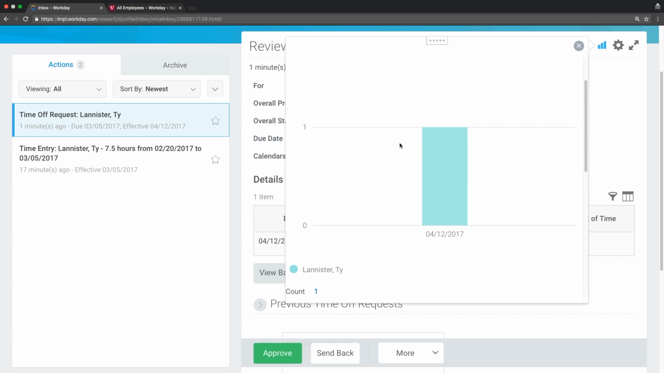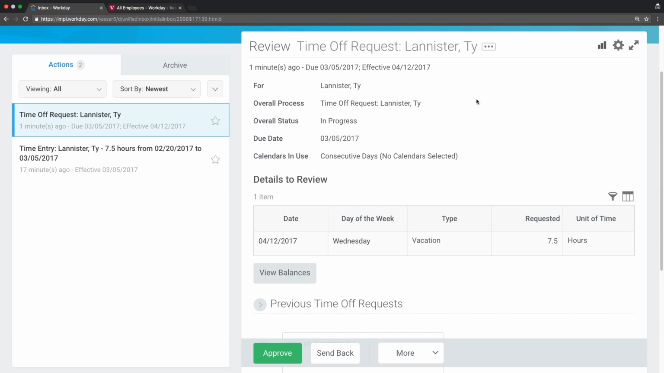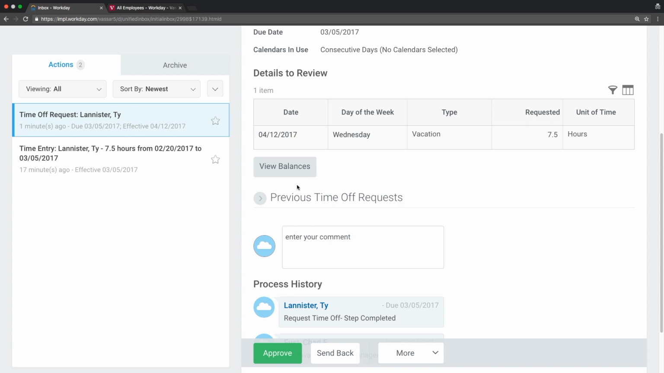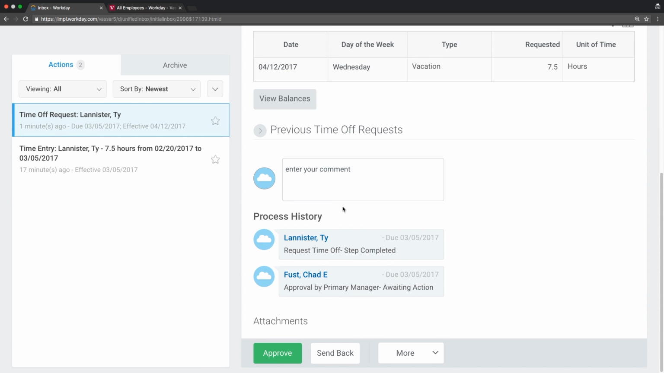So it gives me a really easy, quick estimate of what kind of coverage I have, who all is going on vacation during this time. So I can just close that little chart. I get a summary of the time off that was requested, and I can also view his balances if I want to. I can enter a comment if I like,